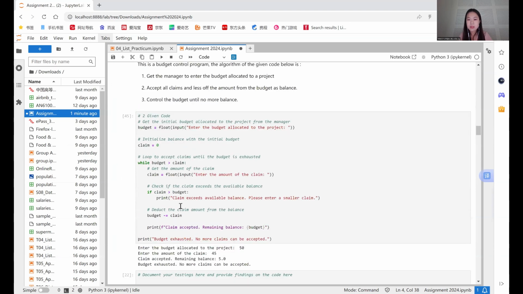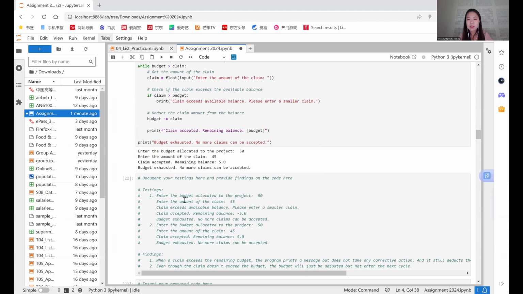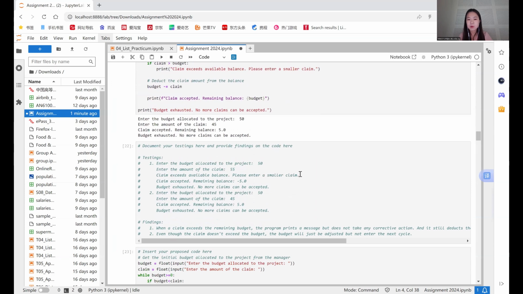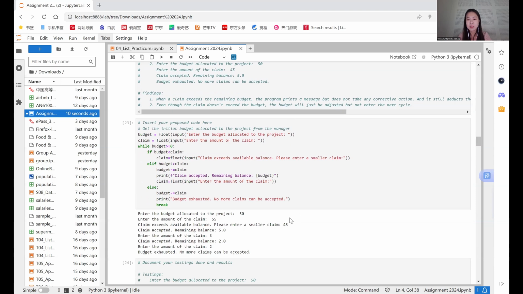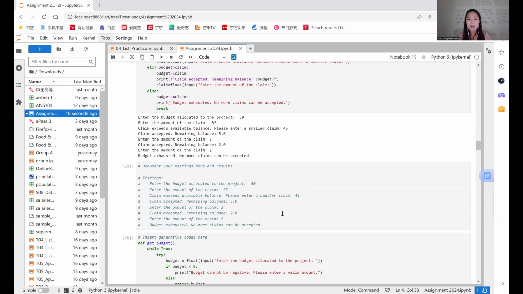For part 2, when I ran the given code, I found that when the claim exceeds the remaining budget, the program just prints a message but does not take any corrective action, and it still deducts the claim amount from the budget and outputs a negative amount. What's more, even when the claim does not exceed the budget, the budget will just be adjusted but not enter the next cycle. Therefore, I improved my code so that it keeps asking until the input claim is lower